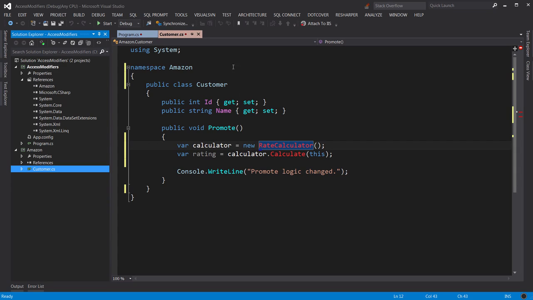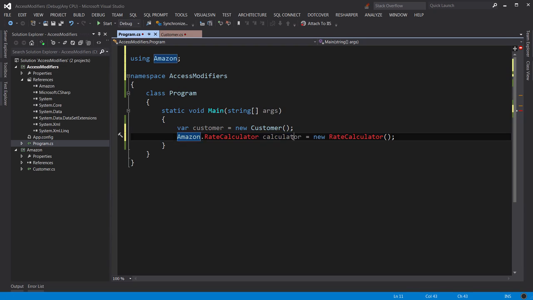The areas that are affected, one is inside the Customer class here, but we also have this line somewhere else in the code that is broken. And that is not good. Because this way we could have 10 other places in the code where there is a dependency to RateCalculator,